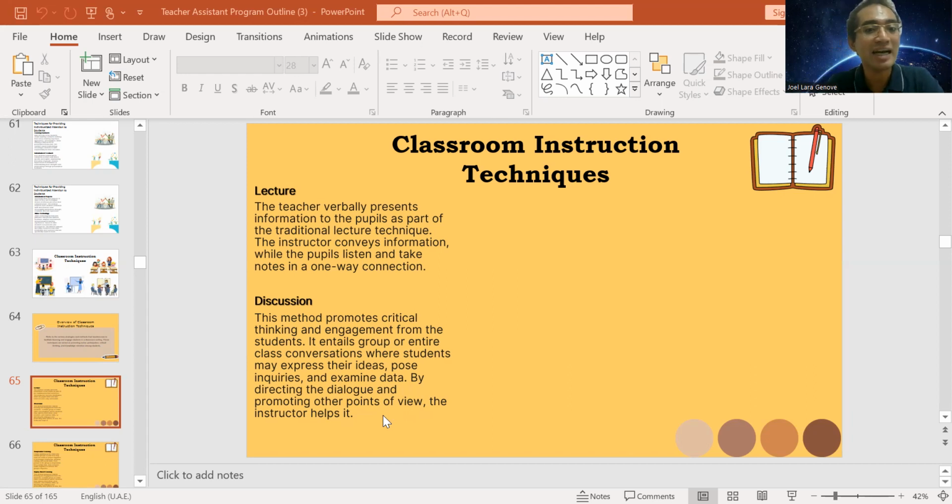It also says here, express their ideas. I will ask you your idea on something. I will ask you what could be your thoughts. What have you learned? How can you relate that? Right? Let's have a sample discussion.